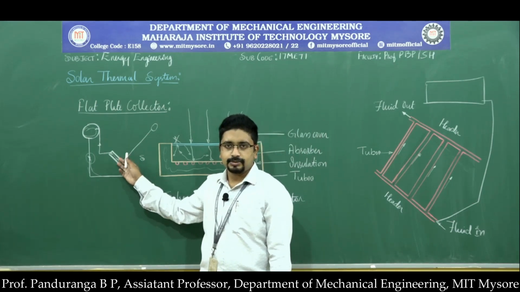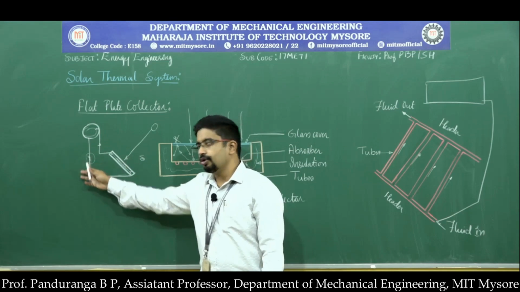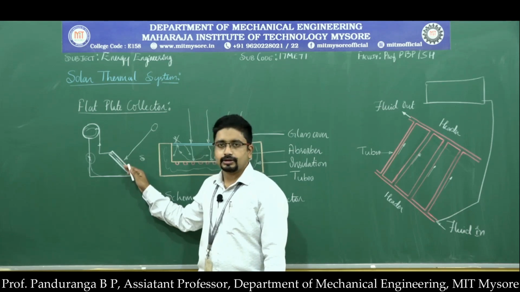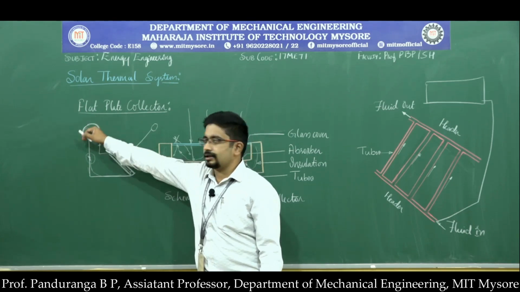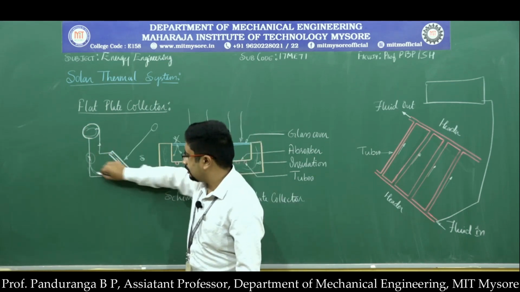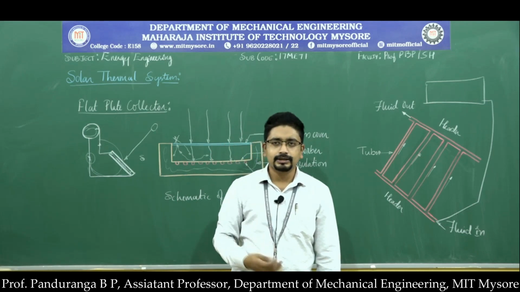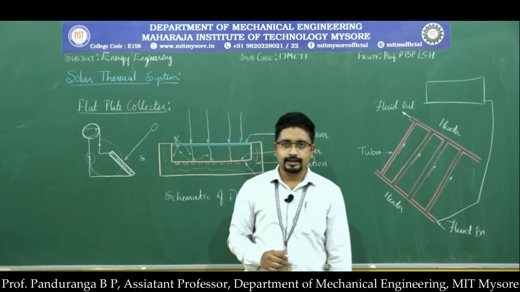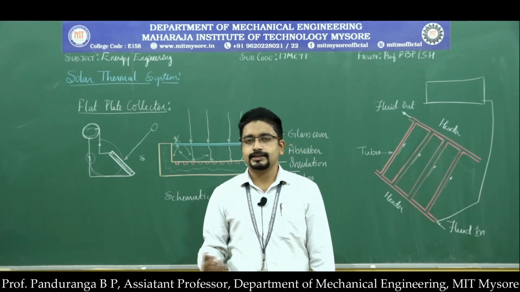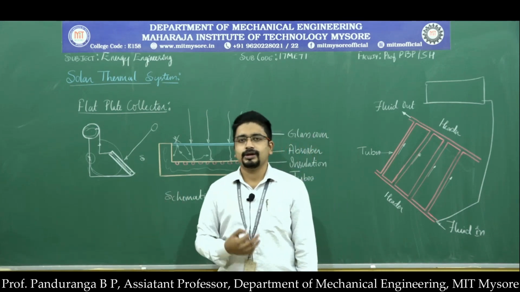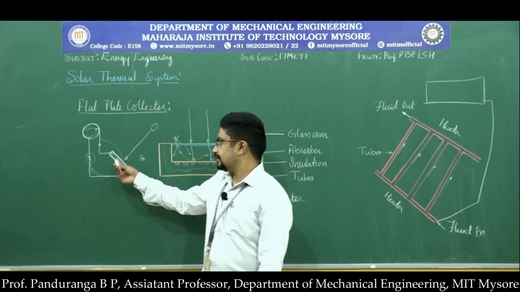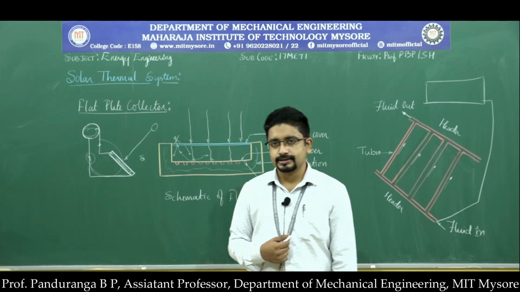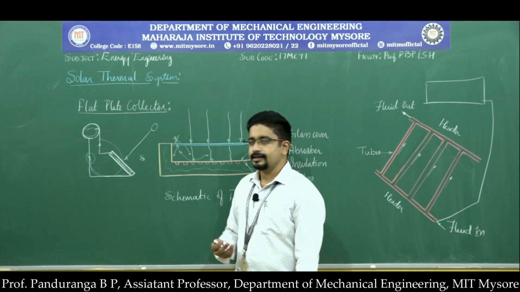As the water gets heated up, its density reduces, and the denser water present in the bottom header or this tube will push the lighter water towards the top header, and from there it enters the tank. The circulation of water in this circuit will continue as long as solar energy is available for the flat plate collector. Once the sun sets, or once the solar energy is weaker, the flat plate collector will not be able to absorb that energy and the circulation stops. The circulation continues the next day.